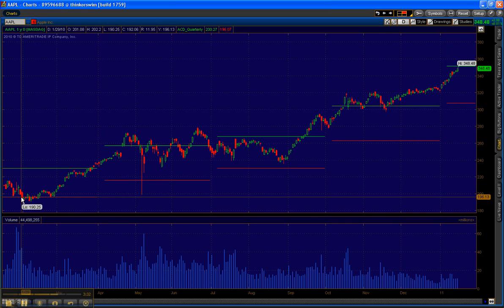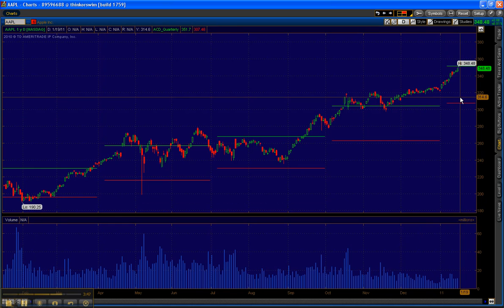If you bought the first quarter, the second quarter, and the third quarter tests of the quarterlies, those are great entries. And if you get an opportunity to pick this thing up at 307.50, again, we need to see how the stock is responding around this price level. You don't simply place a bid there. We want to make sure that the stock is actually going to hold that level. In order to confirm this level, we need to actually trade 3 full trading days below it.